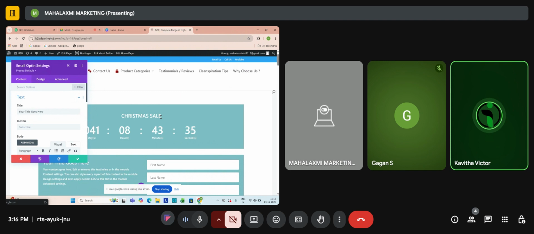Opt-in means subscribe to your email, and then you can use this email opt-in. People will give you their first name, last name, and they will subscribe to your email marketing messages. On the left side, you have this title and description. You can give about your business. So you want such type of email marketing messages, they will subscribe to your emails.